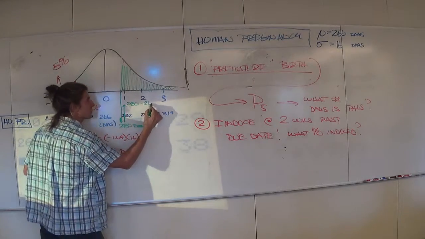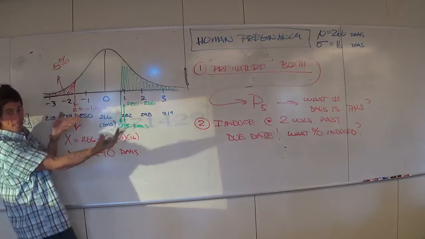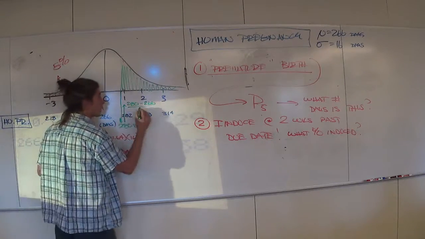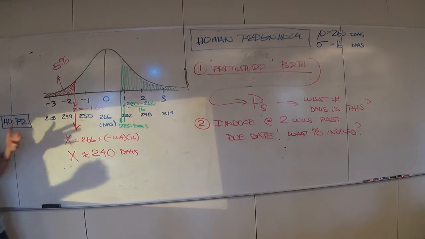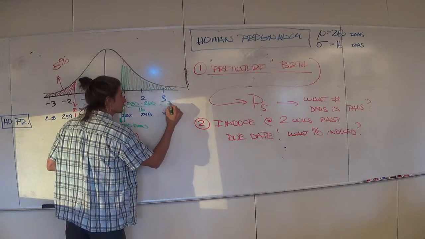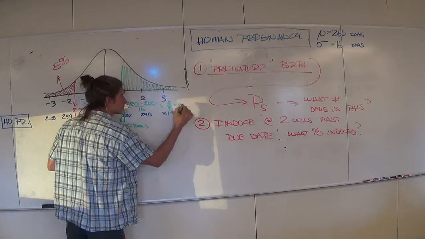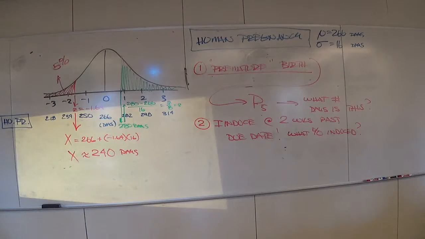So 280 minus 266, which is 14. Over the 16 standard deviation. So we got 14 sixteenths, or 7/8, is your z-score. Z-score is 7/8. That's what we have to figure out. Starting at 7/8 of the standard deviation above, how much area are we picking